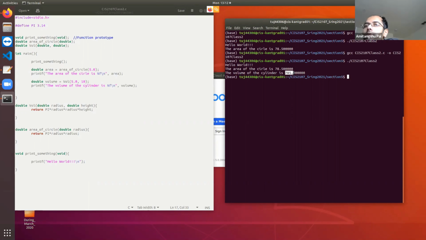So suppose I want to write a function that is going to calculate the power of a number. So 2 to the power 10. 2 to the power 10 is 1024, right? So base to the power exponent. 2 to the power 10 means we are multiplying 2 ten times. So I'm going to write a function that is going to compute this.